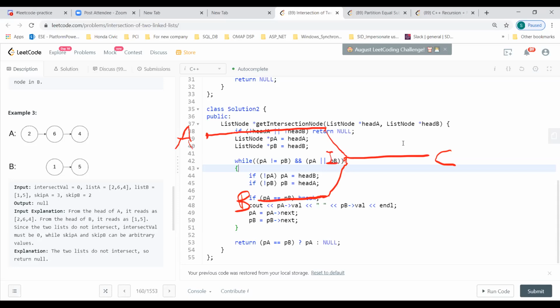So these are the two linked lists, AIC and BIC. The first pointer will travel a distance of AI plus IC plus BI, right? Correct, AI plus IC plus BI. And for the second pointer, the distance traveled will be BI plus IC plus AI. Yeah, so both are actually equal length.